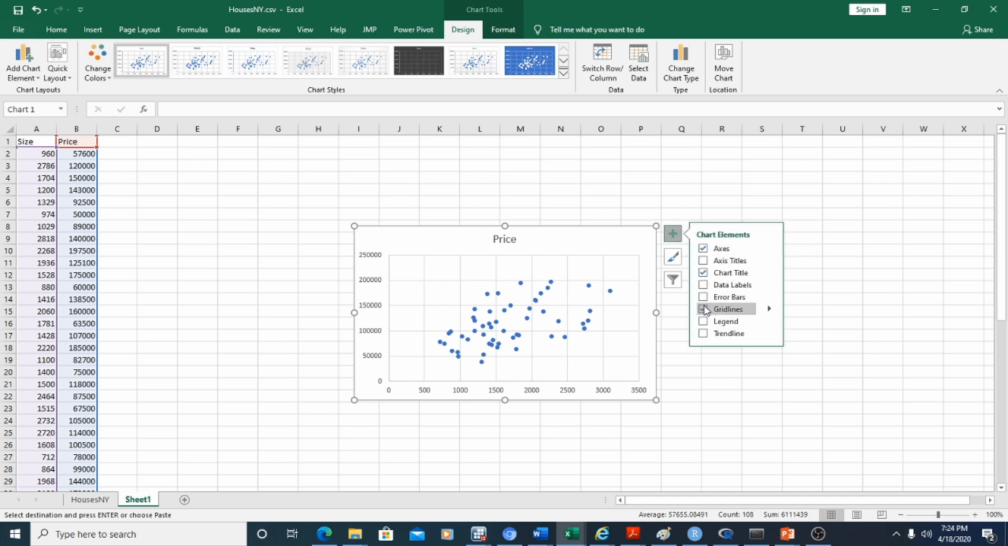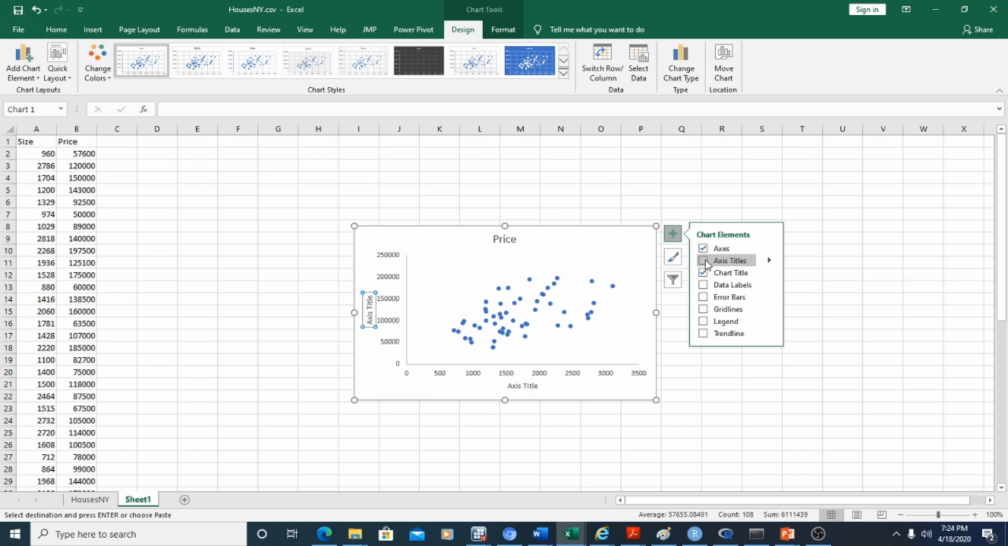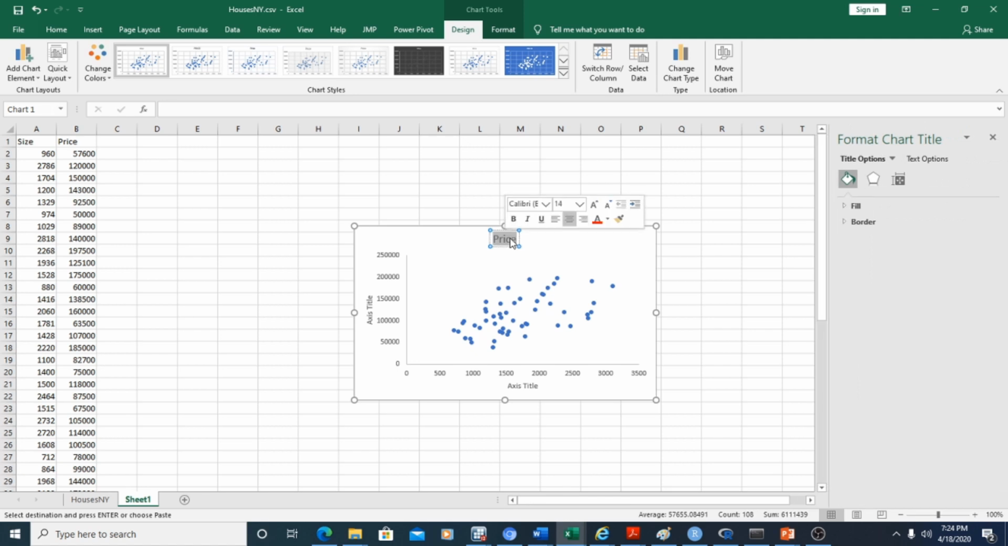We'll uncheck the grid lines. So we have our green lines left off the chart already. So we'll click on chart axis title. Then we can now format each of the titles one after the other by double clicking on it and editing it appropriately. So the chart title is, let's say, scatter plot